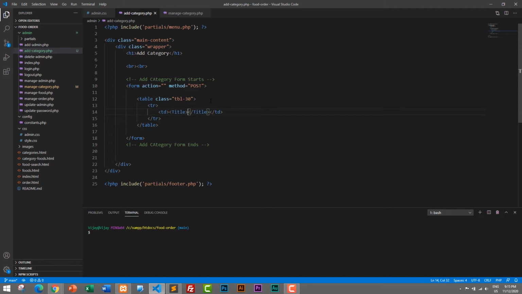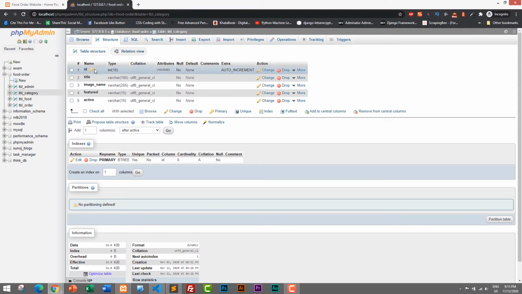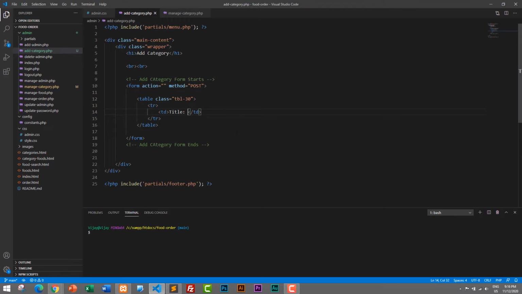So title, and if we check our table, here we have our title, and at first we will save the value for title, featured and active, and later we will also upload the image and save the image name. So for now we will create input fields for title, featured and active only. So I have created the title label, and let's create another td for our